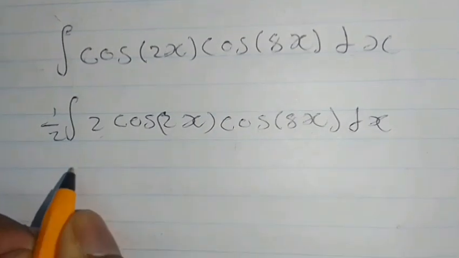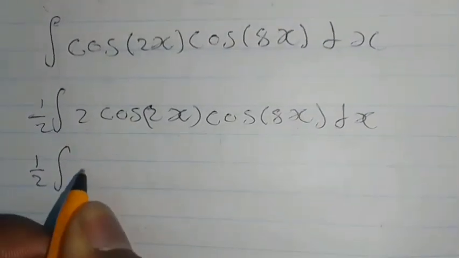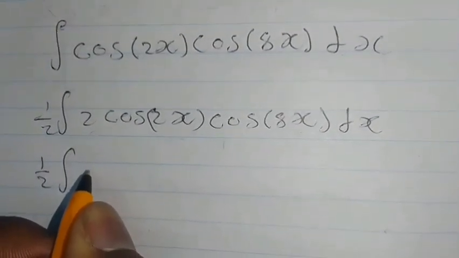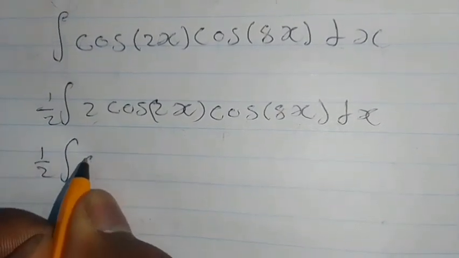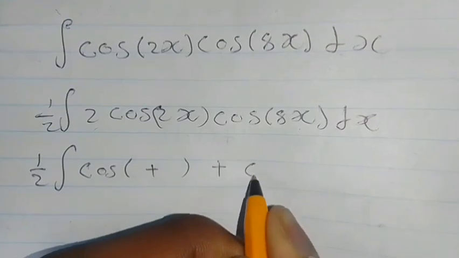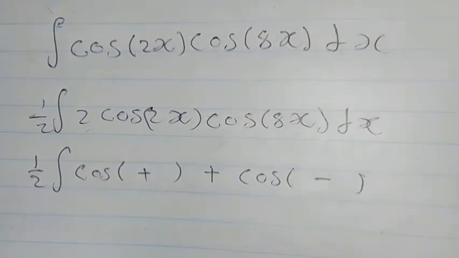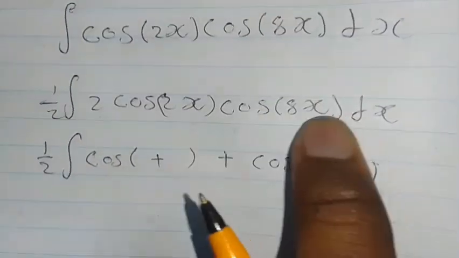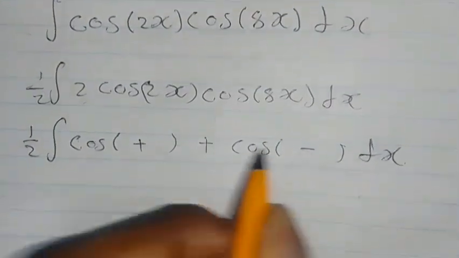And for cos, you just memorize this. For cos, you always know that it's cos addition plus cos subtraction in between. So it's cos, and in between you have addition, and then you add, and you have cos, and in between subtraction. That's how you can memorize it for cos cos dx. So you'll have